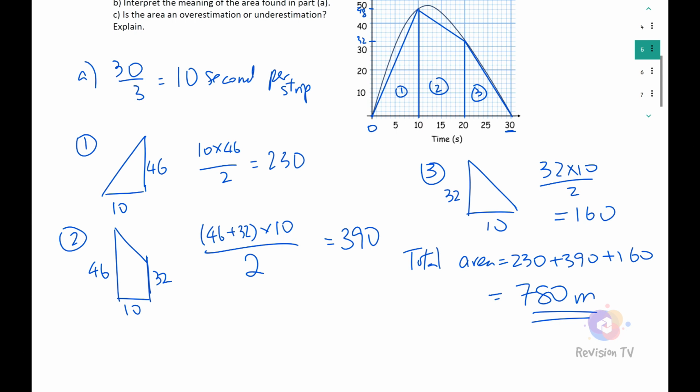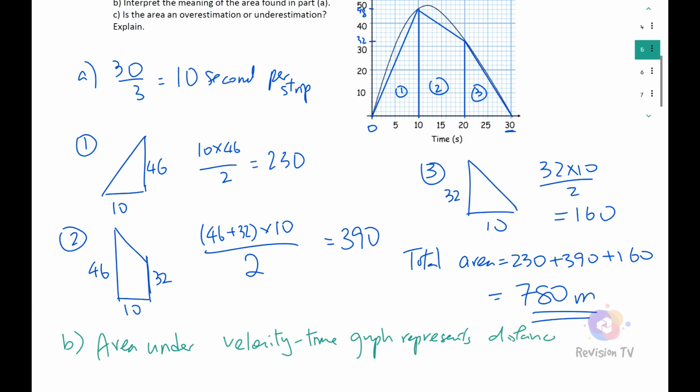So part B, and let me use a different color. Okay, so part B, the area under a velocity time graph represents the distance traveled. If you want to be a bit extra,